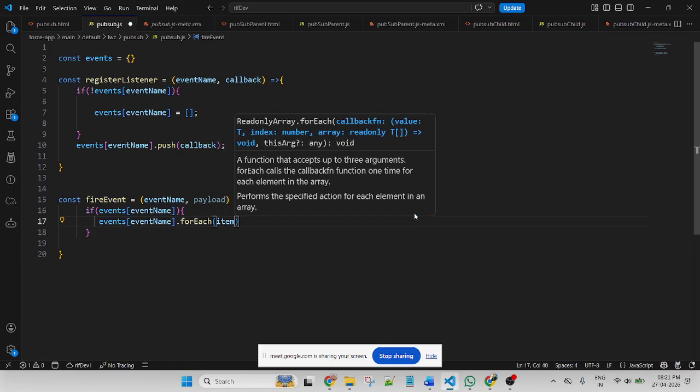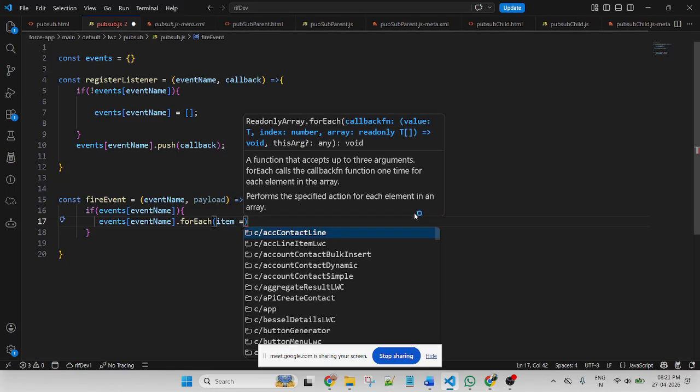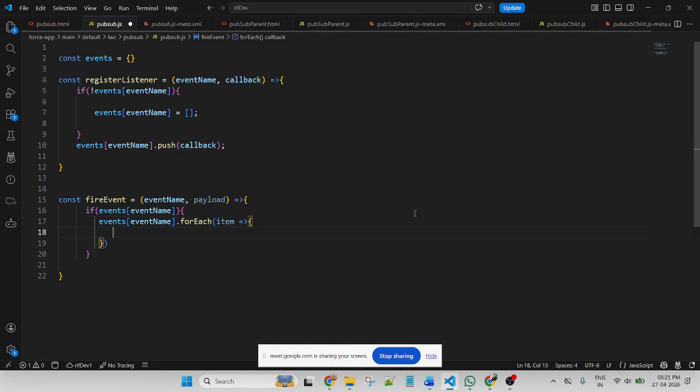For each item, an arrow function, and here I will add the callback. If one input value is sending, it will store one. If there are multiple values I am sending one by one, I will store the data inside the payload.